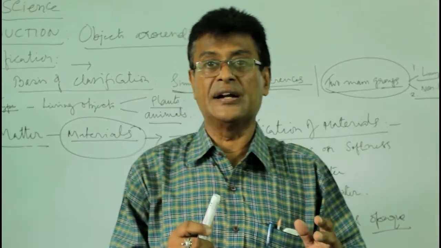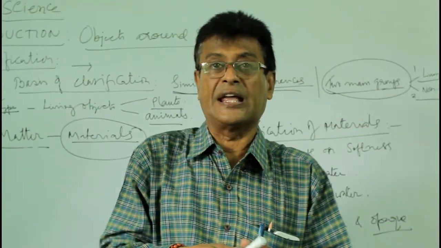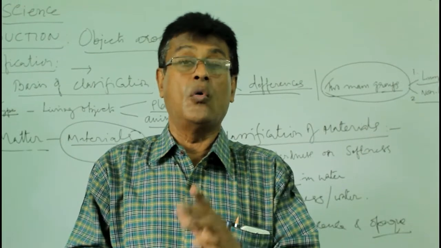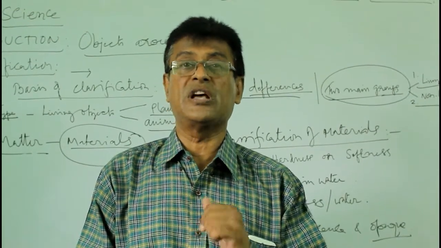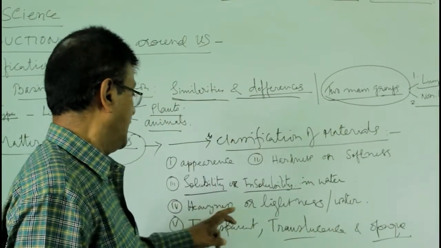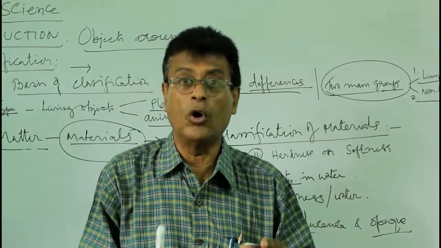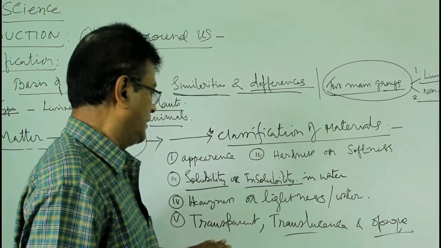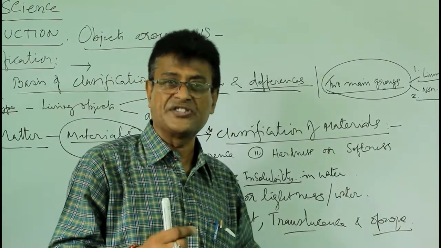And on the other hand, the other objects float, like a piece of plank. Why do they float? Because they are less dense than the water is. So that is called the heaviness or lightness in water. Next one is object transparency,